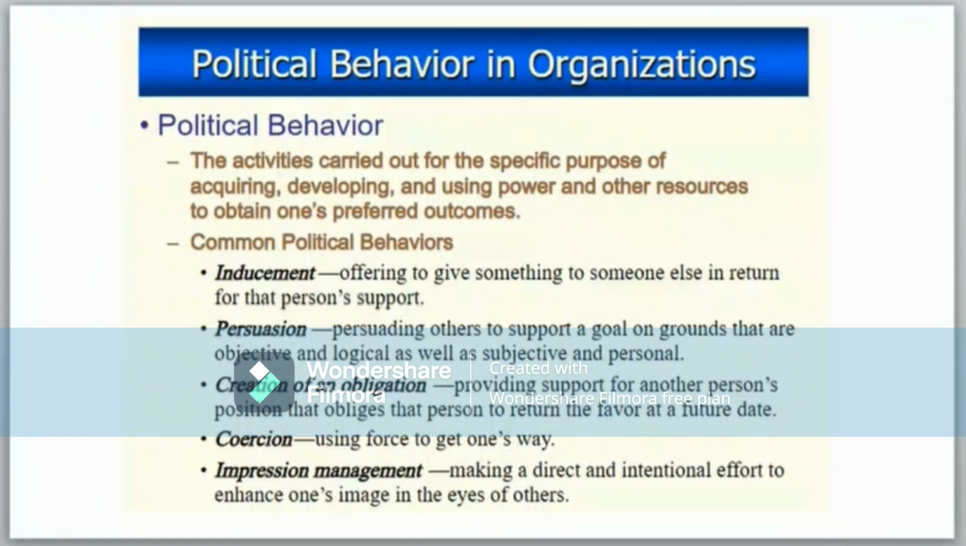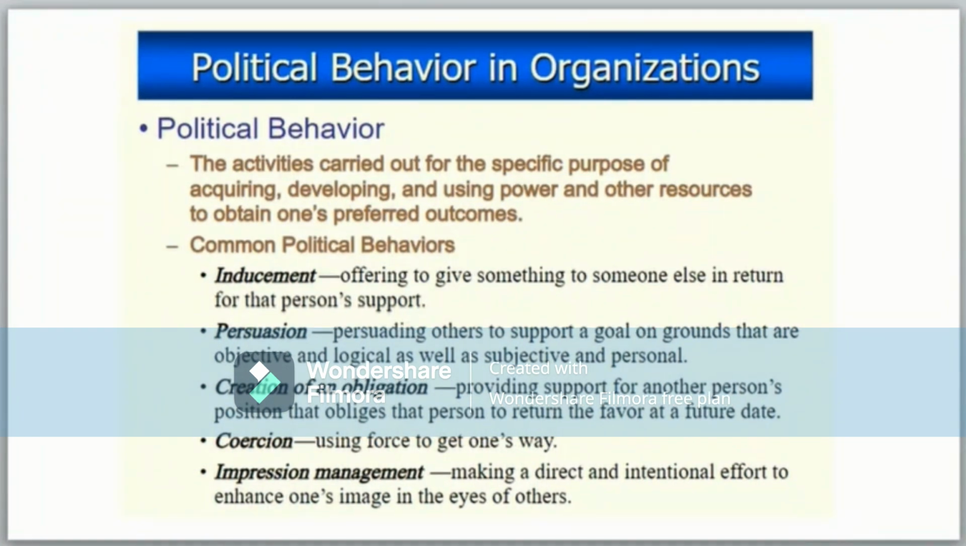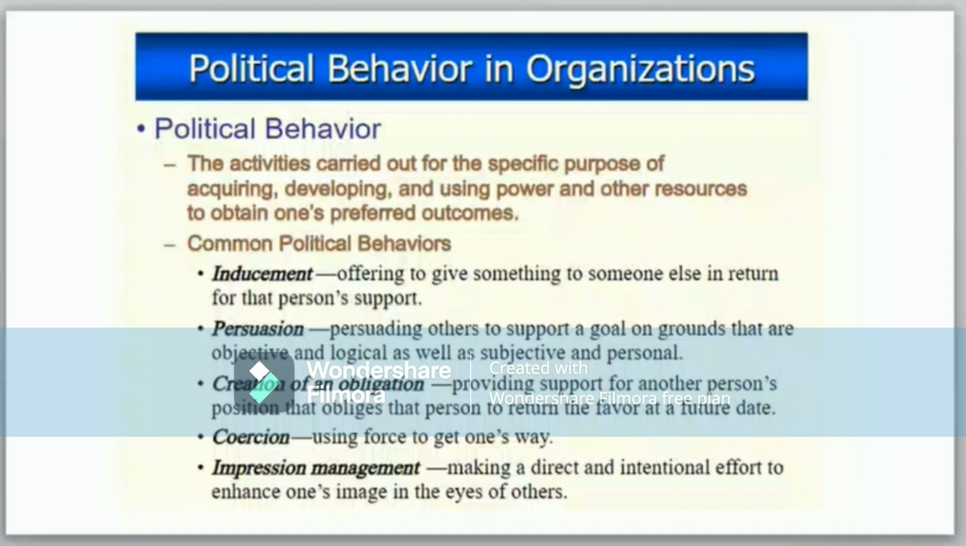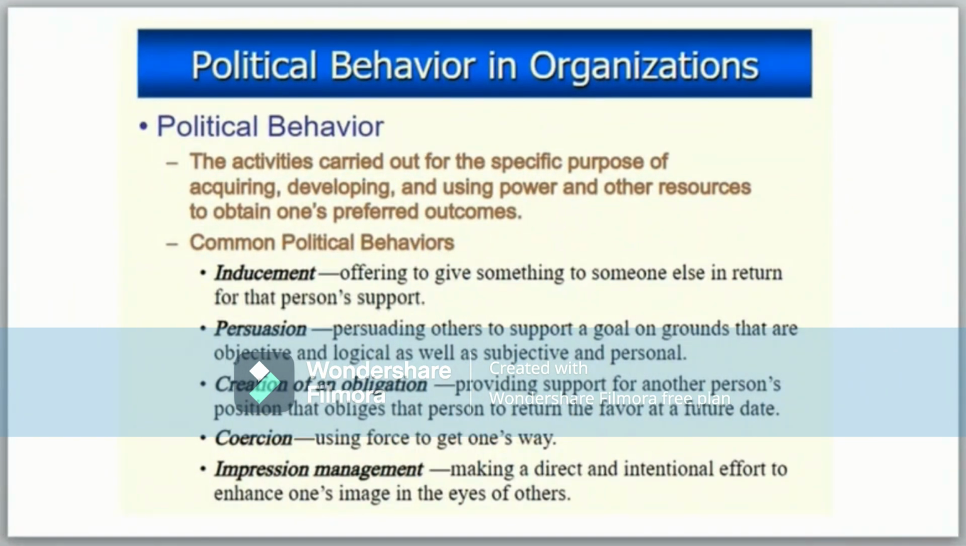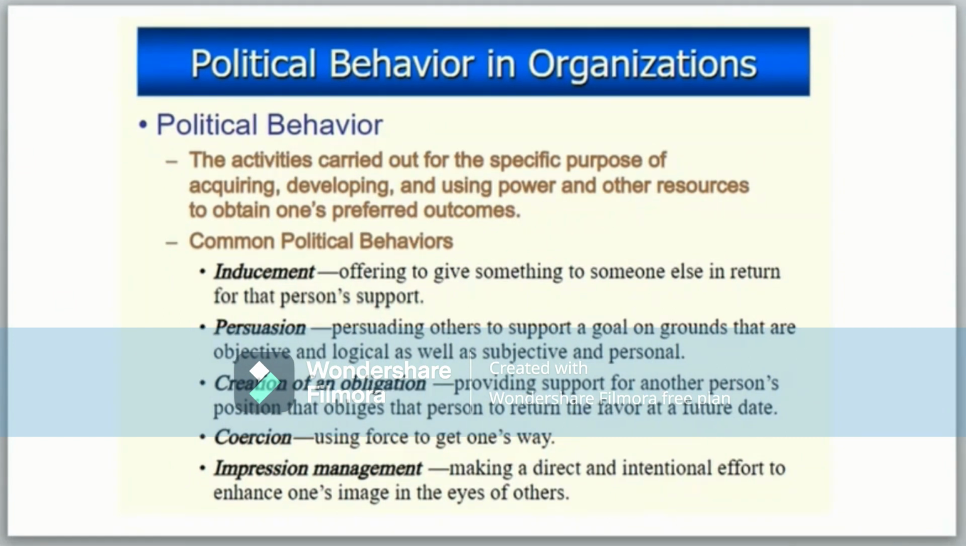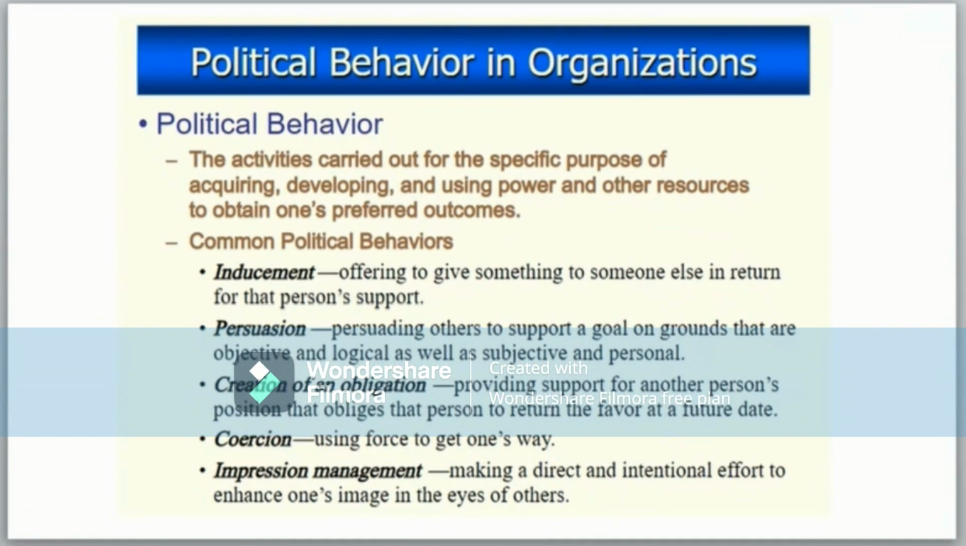फिर है क्रिएशन ऑफ एन ऑब्लिगेशन, basically providing support for another person's position that obliges that person to return the favor at a future date, ठीक है। आज अगर किसी को सपोर्ट कर दिया तो कल को वो वापस आपको उस फेवर को रिटर्न करेगा, उसको कहते हैं क्रिएशन ऑफ एन ऑब्लिगेशन। प्रिकॉशन है, basically using force to get one way, and impression management is making a direct an intentional effort to enhance one image in the eye of others, ठीक है। इसके अलावा जो है